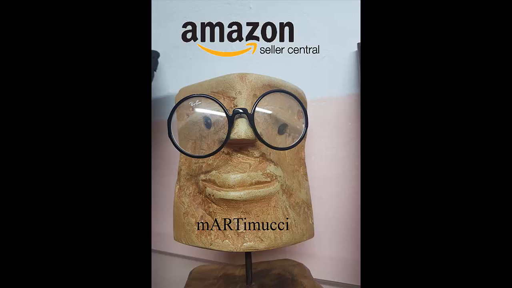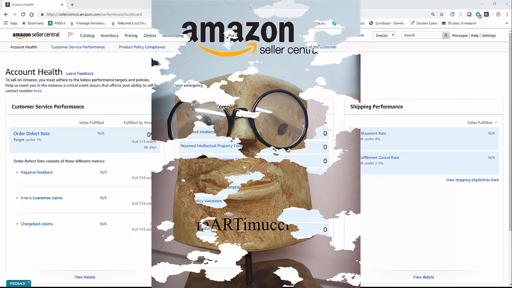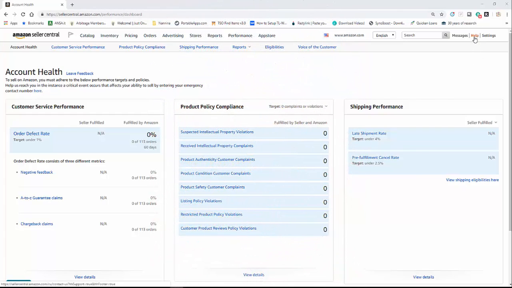It's been a couple of times I read posts online with people looking for a way to phone call the Amazon seller support, and it's not easy if you do that using the browser. Doesn't matter if you have Chrome or Firefox or Explorer. Sometimes that option just does not exist. As you can see here, when I click on help,